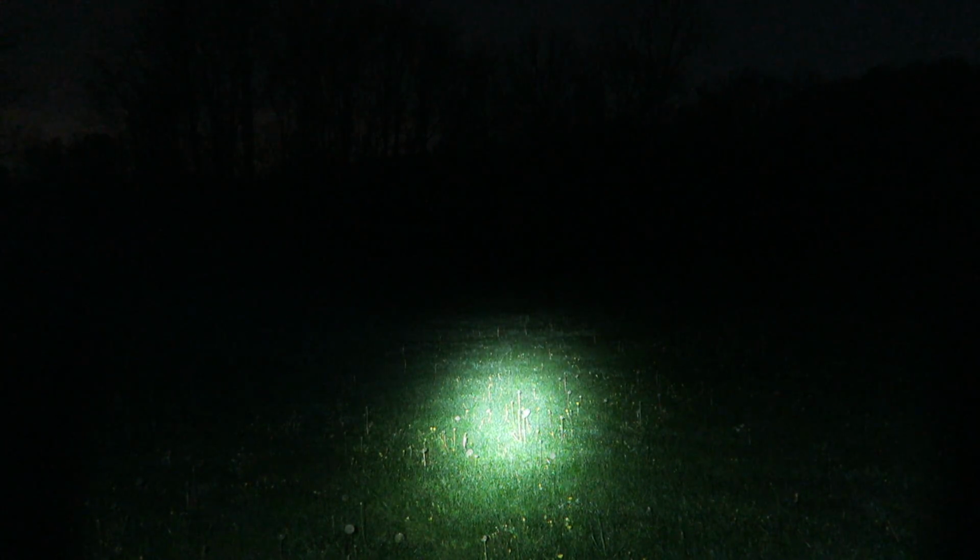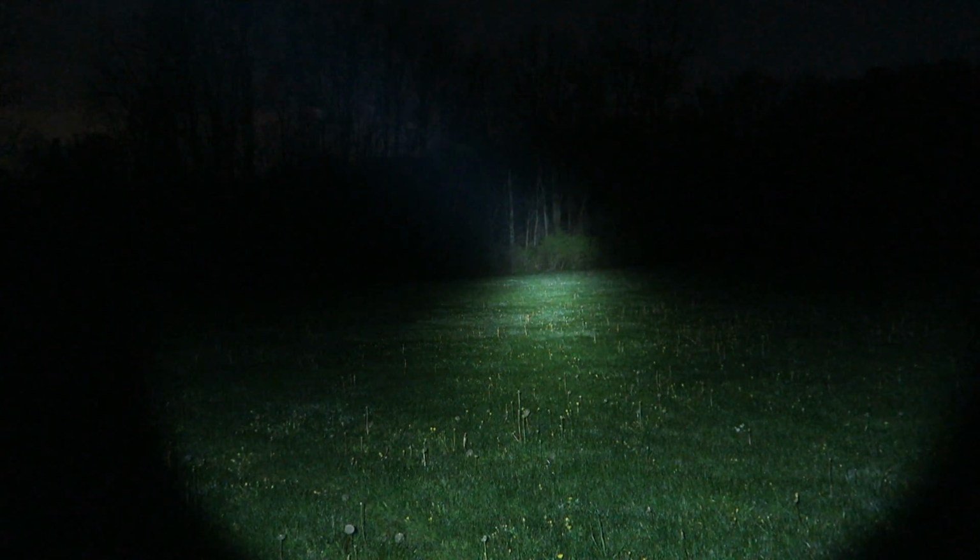We can step it up one more notch here to the medium, and then we can just start to make out the tree line over there. Come to some trees a little bit closer, and then some trees that are a little bit farther off. Can't really recognize anything in the trees, but it does make it that far. Step up one more into the high,